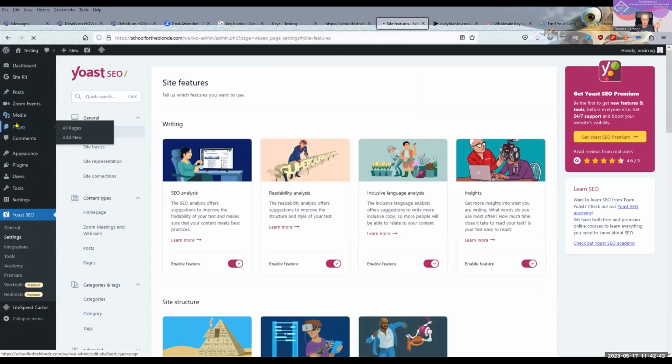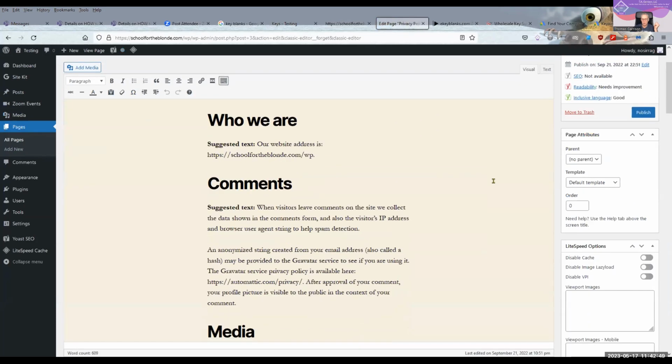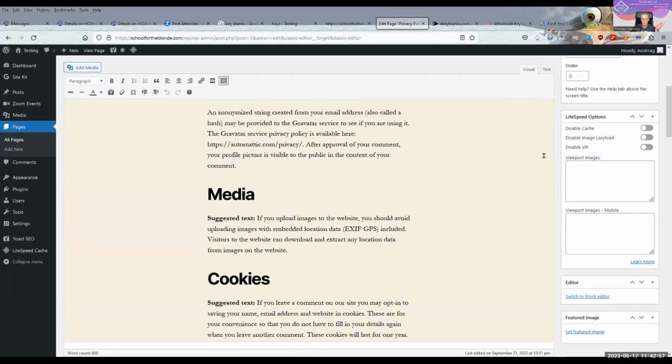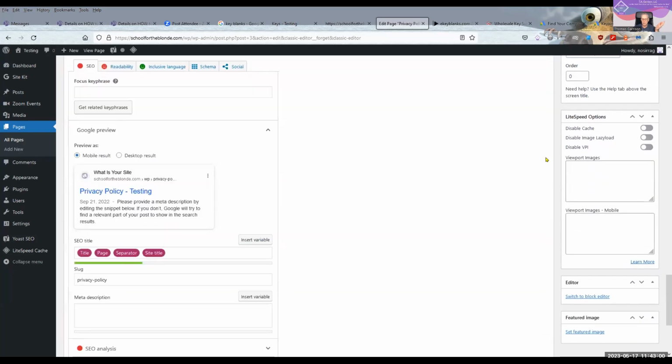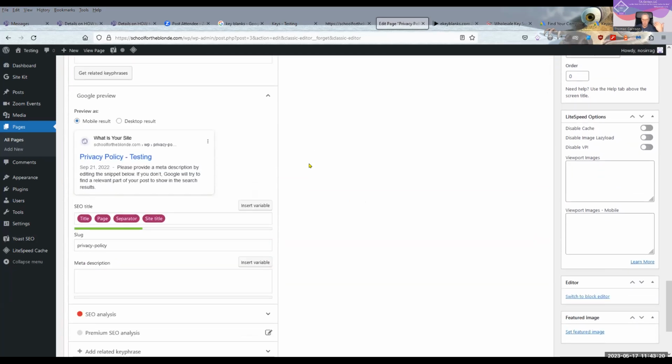But in the pages, you'll see Yoast pop up. It says not available, readability needs improvement, so Yoast is following you around with every page that you're in and going to address. And here you can see the focus on the keyword. They call it a key phrase. What's the key phrase used on this page? I haven't put one in there, so it's telling me this page is terrible. Yes, I know that, because this is just for a learning experience. Get a base burner, start with horrible stuff so you see what you need to do to change it.